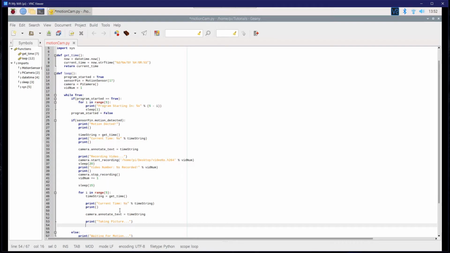Now, to take a picture, we just have to write camera.capture, just like that. And just like in the previous video, we also have to specify a location and give our picture a name. As we've learned before, we have to give each picture an individual name, otherwise it'll be overridden the next time we come back and try to take another picture. So we'll write 2 quotation marks like that, and I'm going to save it in the same place as before, home pi desktop,